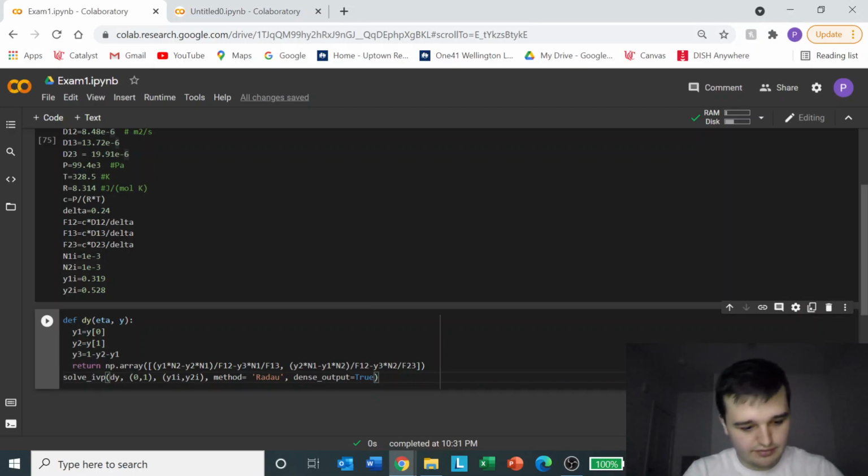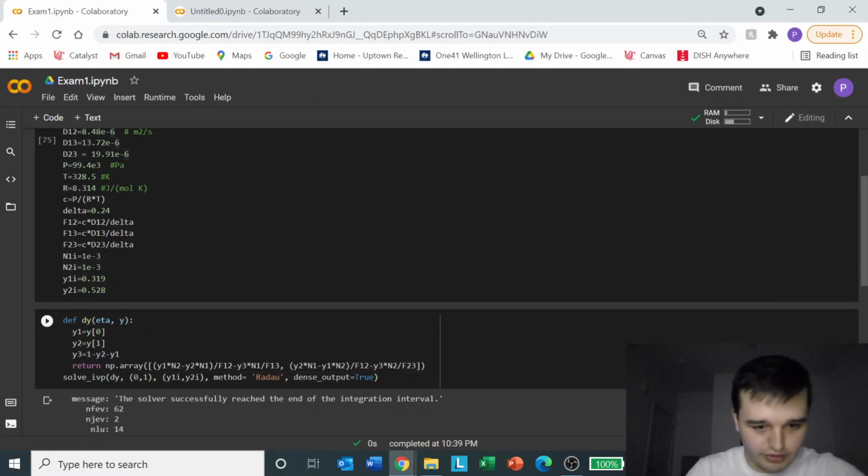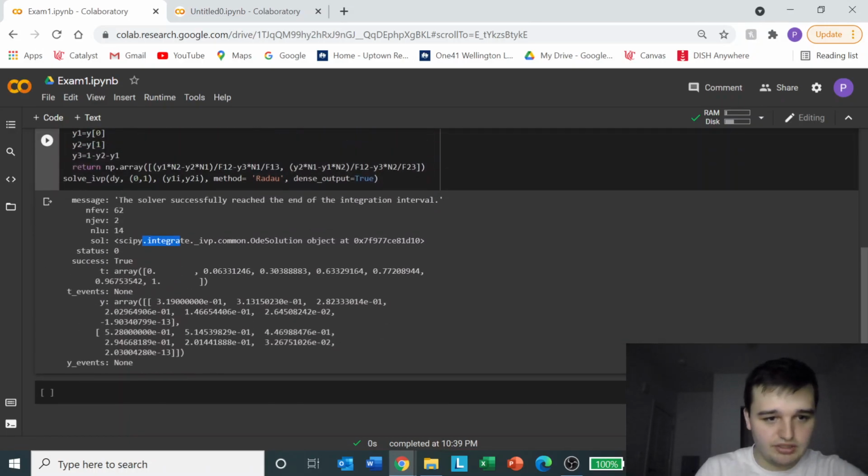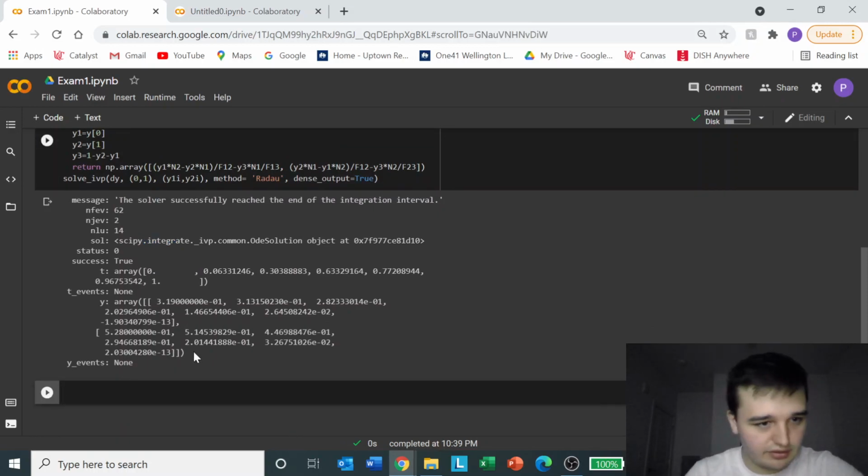Okay, so now that we have that, shift enter, and hopefully we don't get an error. So it did, the solver successfully reached the integration interval. That's good. And here at the solution, we can tell it's a dense output, and that we can get the answers by using,